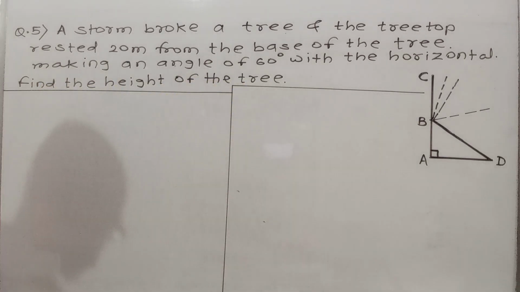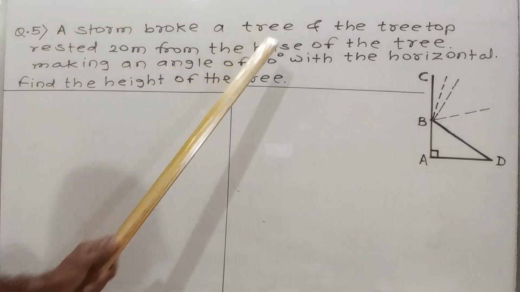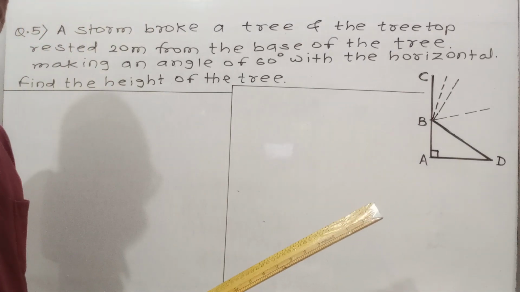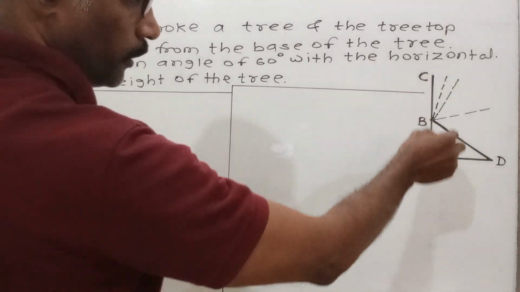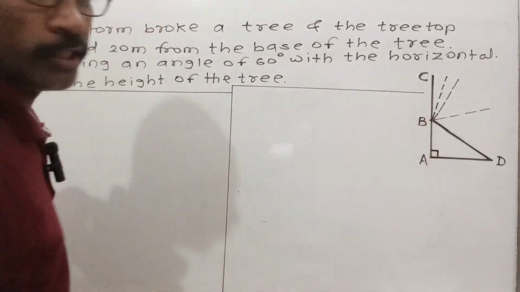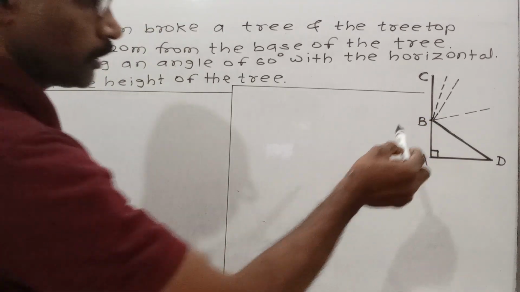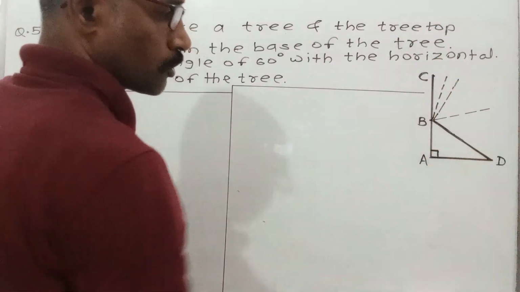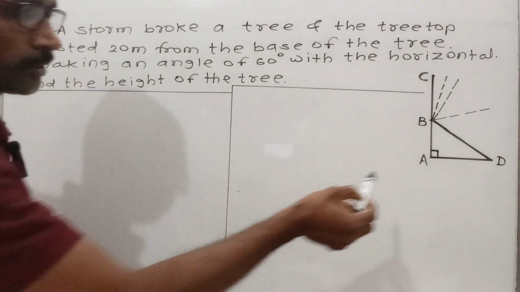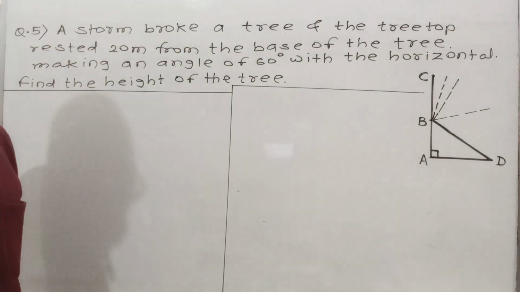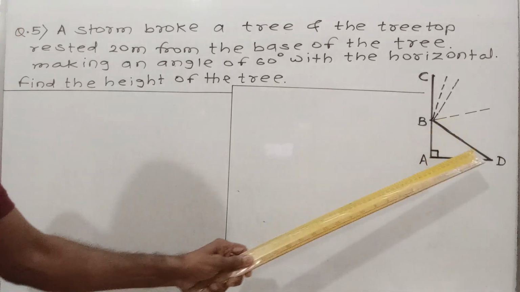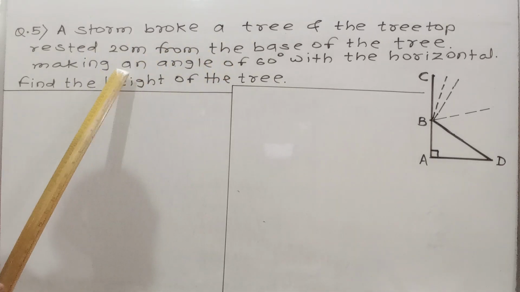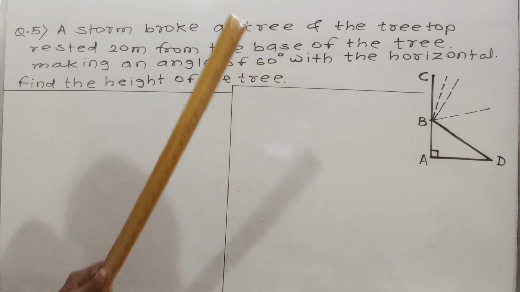Now see this here. A storm broke a tree. Now this is the height of the tree. Total height of the tree is AC. Now this tree breaks at point B, and therefore this tree top that touches or rests at point B on the ground. Now this tree top, see here, makes an angle of 60 degrees